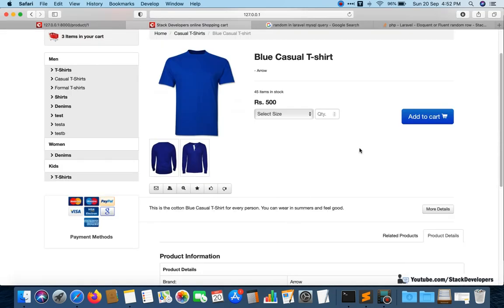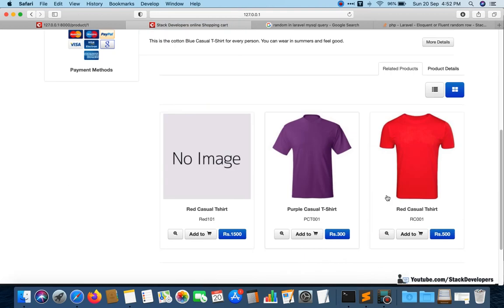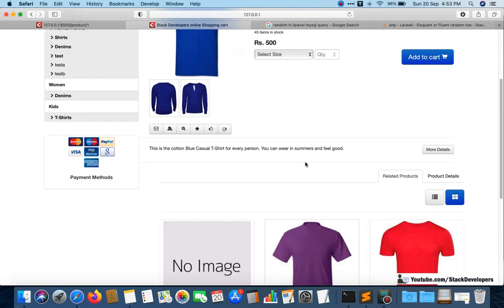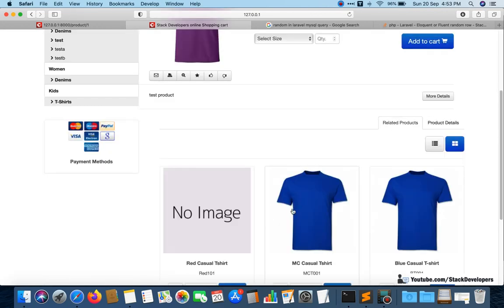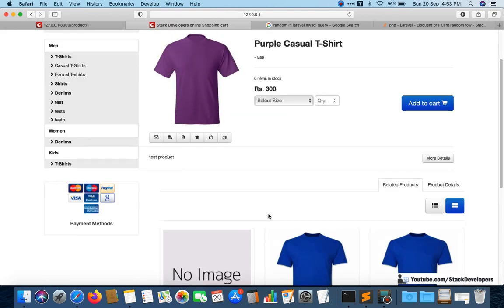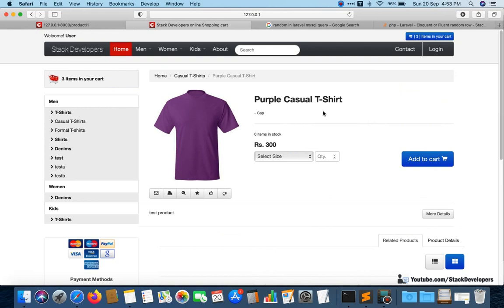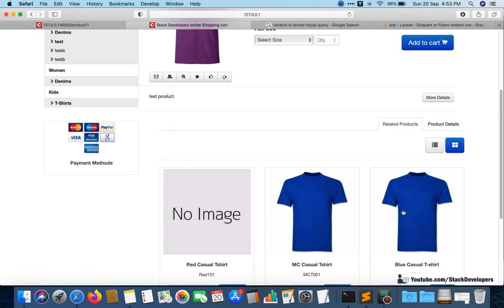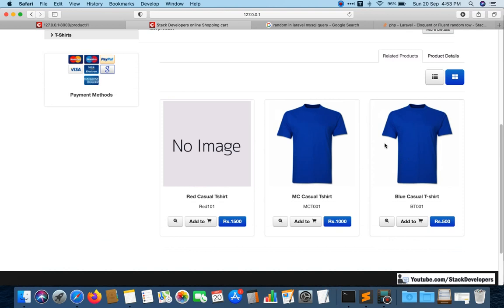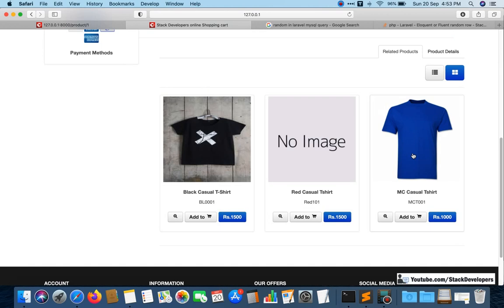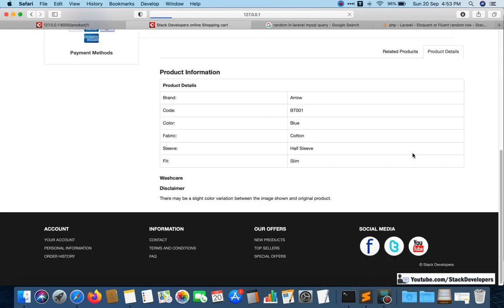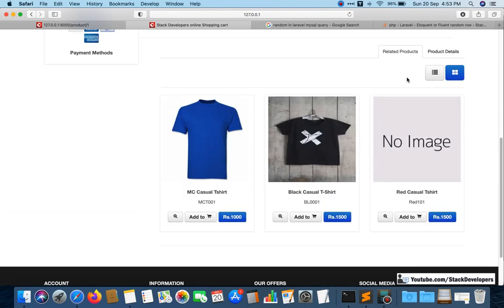So like this you can see the related products, and every time new products will come up here, and you can simply click on any of the related products and go to that product as well. Then another set of related products will come. See, the same product will not come in related products. Here you can see the purple casual t-shirt will never come as a related product while you are on it. It will only come if you select any other product. See, the blue casual t-shirt you have added, now it will come as the purple t-shirt may come next time if you refresh. So that is the benefit of the random that we have done.